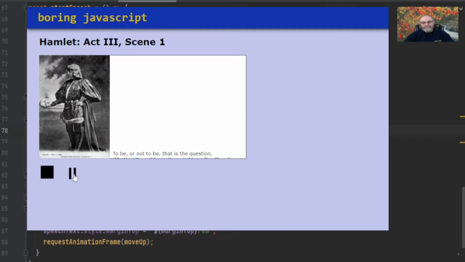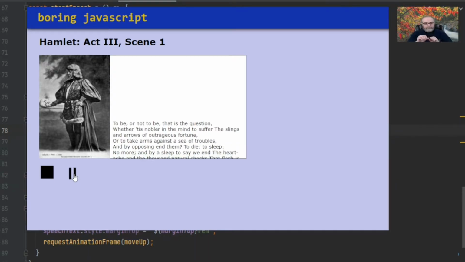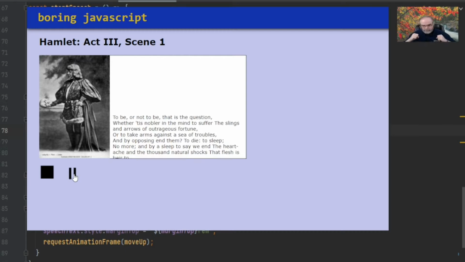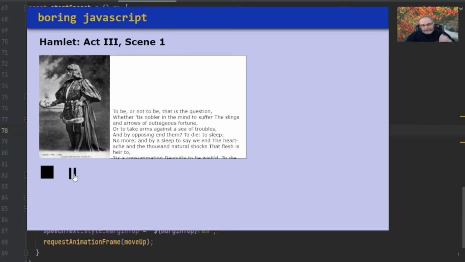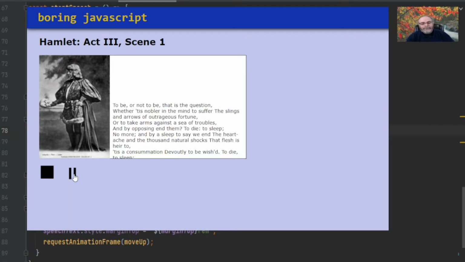To be, or not to be, that is the question. Whether 'tis nobler in the mind to suffer the slings and arrows of outrageous fortune, or to take arms against a sea of troubles, and by opposing end them, to die, to sleep, no more, and by asleep to say